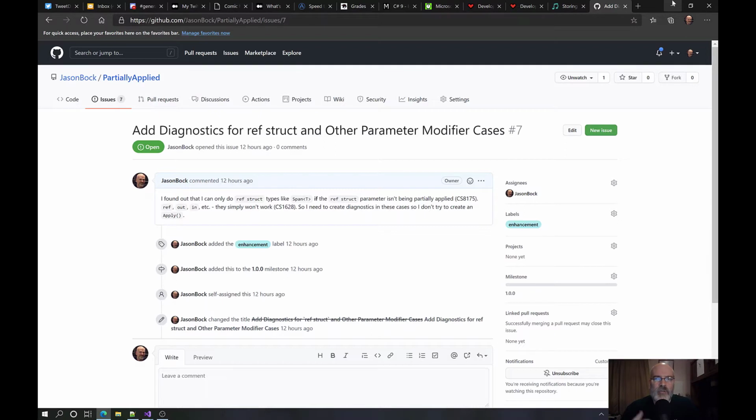Because how do you do partial function application on parameters that have to be outs or refs? I felt there were going to be some cases that just weren't going to let this happen. And as I found out, that was true. So the long story short is that I can't do refs, outs, ins, ref readonlys,